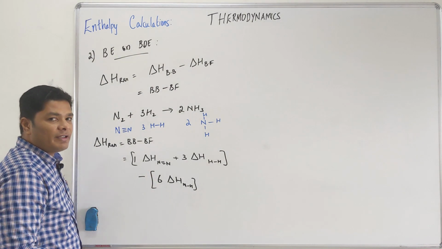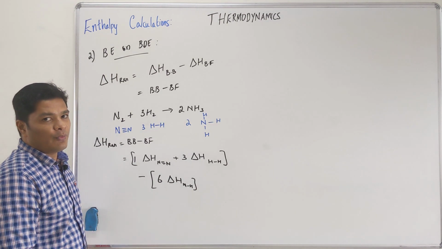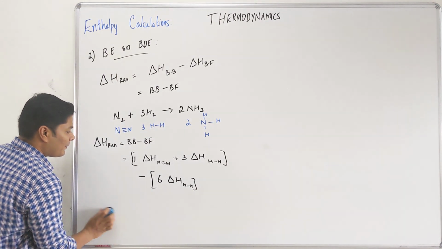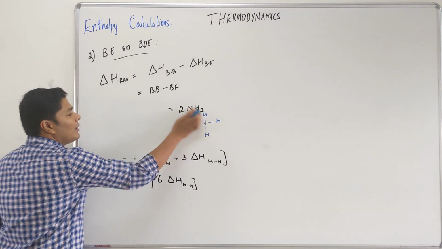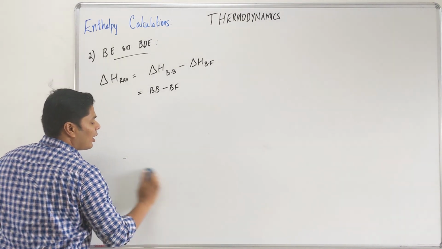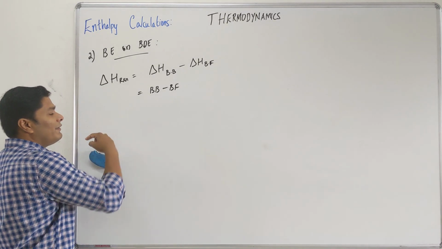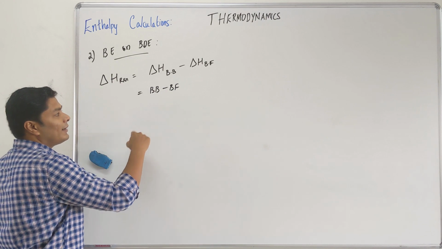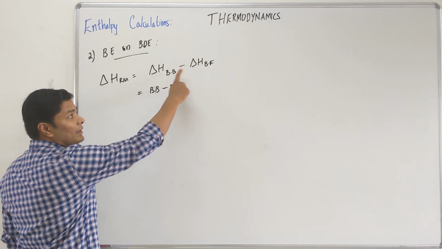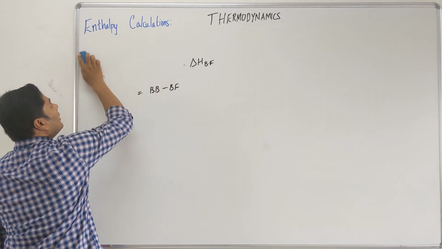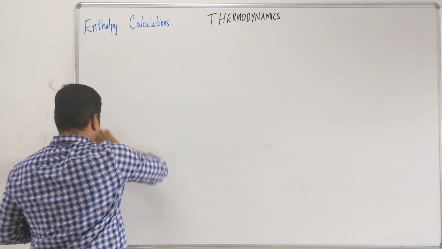We will actually look into previous year question solving. I will post a video for that, and you can practice on that. This is the second way of calculating. Now, when you look at it, this is exact opposite of the first one. Previously, product minus reactant. Here bonds broken is reactant. This is product. Now, let's go to the third one.